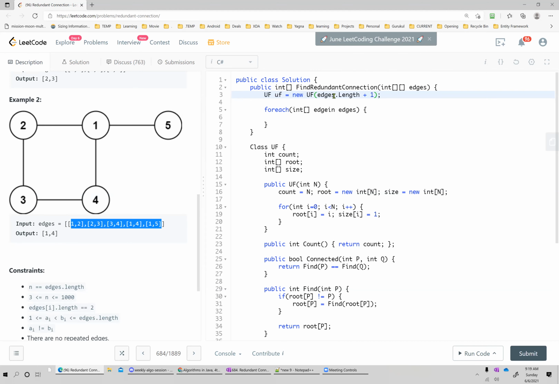If I make union find of 5, then basically I have 0, 1, 2, 3, 4. So either I use +1 size, or while utilizing it, I always subtract 1. So when I say connect 1 to 2, instead I say connect 0 to 1. When I say connect 2 to 3, I say connect 1 to 2.